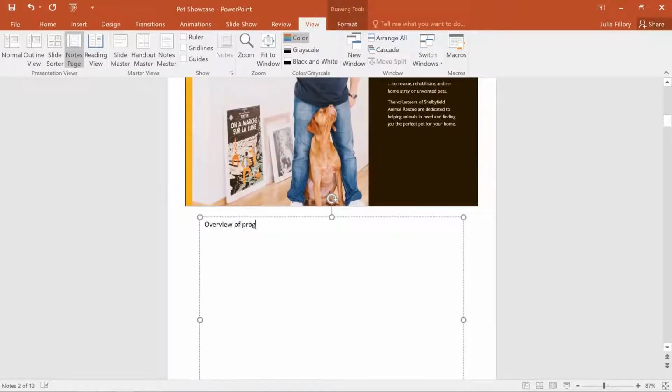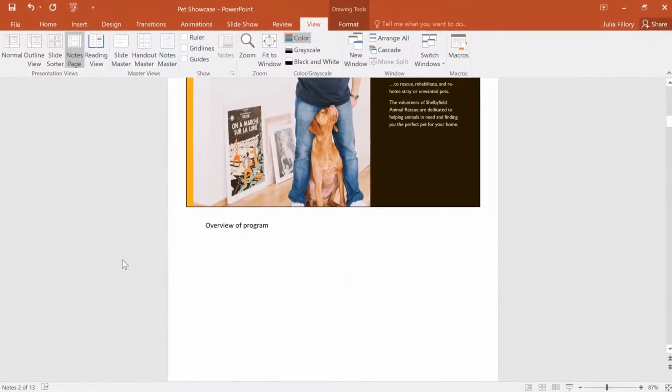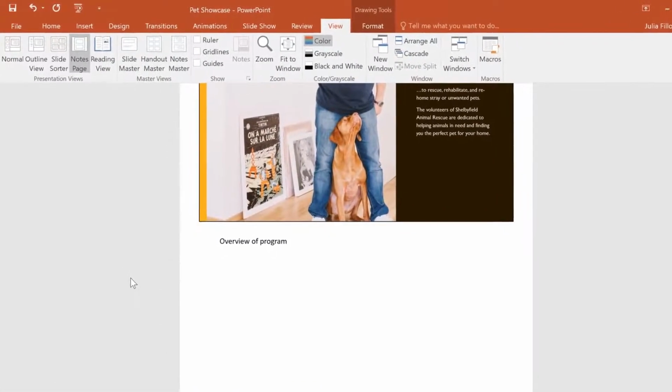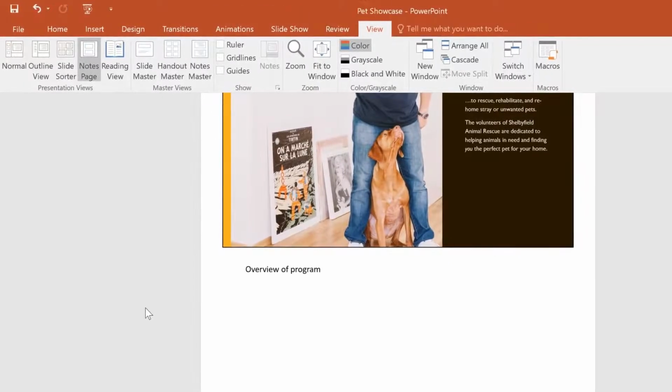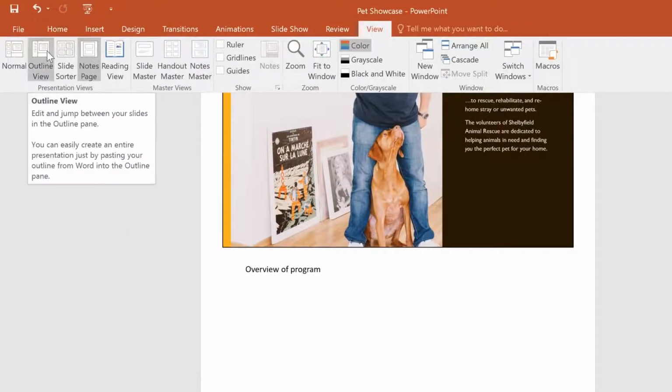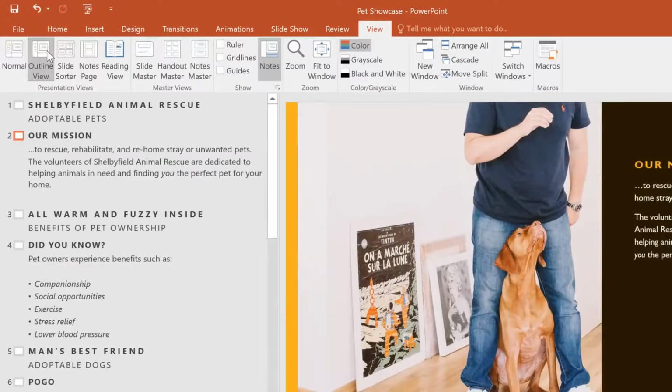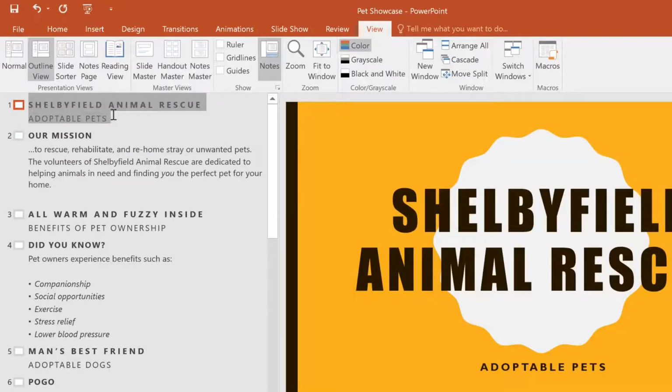In addition to the Notes tool, PowerPoint gives you a couple more ways to prepare and manage your slides. For example, if you've ever written an outline for something at work or school, you'll probably like this next feature. All you have to do is click the command that says Outline View, and the left pane will display an outline version of all the text in your slides. This makes it easy to review the contents of your presentation, and you can also fine-tune the text from here if you need to. To exit this view, click the Normal command at the bottom of the window, or here